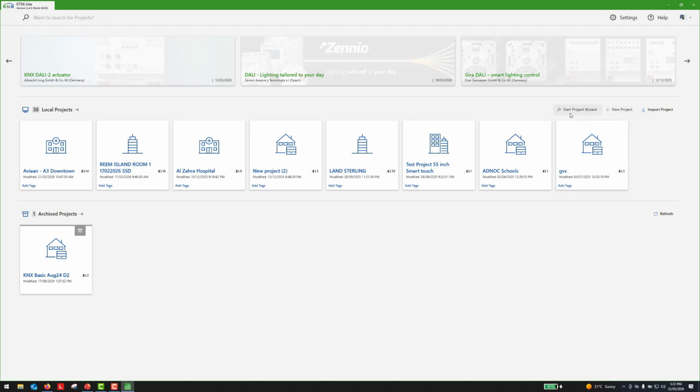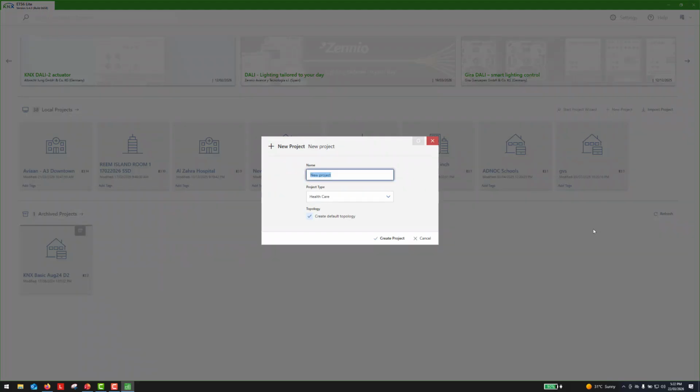There is a start project wizard that I don't recommend you immediately start using, because it makes your life easier, but it will also make you not understand how exactly it is done. So it's better to create it as a new project and do everything from there step by step. So let's go to the new project. As soon as I create the new project, I can just say any name, let's say demo